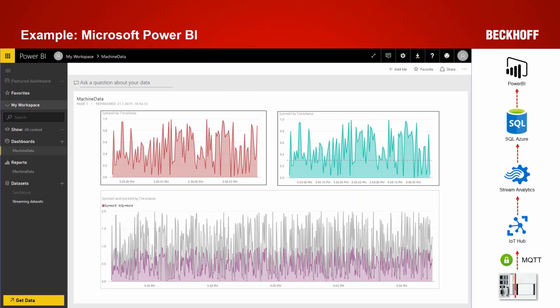The first one is Microsoft Power BI. Power BI, first of all, they started with a desktop application, but it's also available as a web application on the Azure cloud. And it's an application where you can visually analyze data coming from different data sources, for example, a database. And what you can do, and you see that here on the right-hand side as a little architecture drawing,